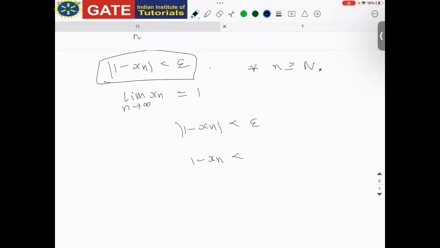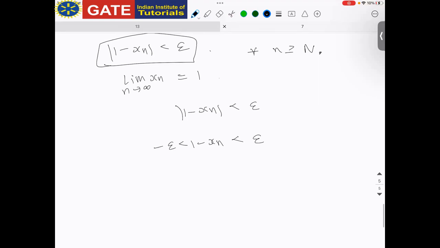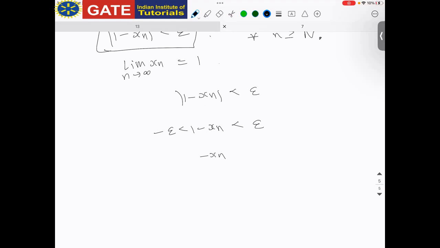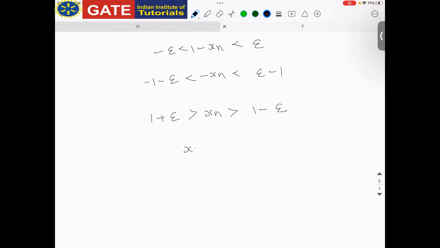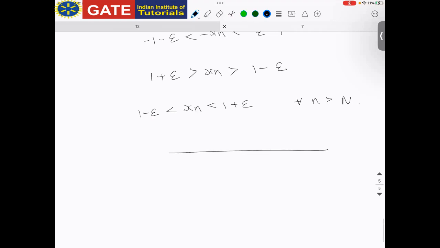Then write this as 1 minus xn lesser than epsilon and greater than minus epsilon. From here you get minus xn is lesser than epsilon minus 1 and greater than minus 1 minus epsilon. But we have minus here, so we will reverse the inequality. That means xn is greater than 1 minus epsilon and lesser than 1 plus epsilon, for all n greater than some capital N. That means you have 1 here, 1 minus epsilon here, and 1 plus epsilon here,